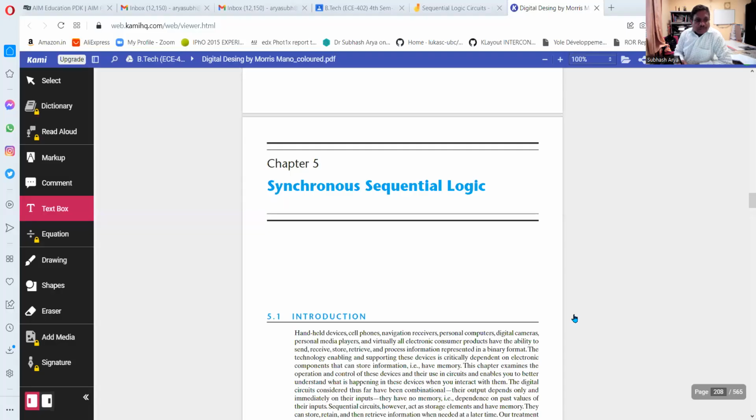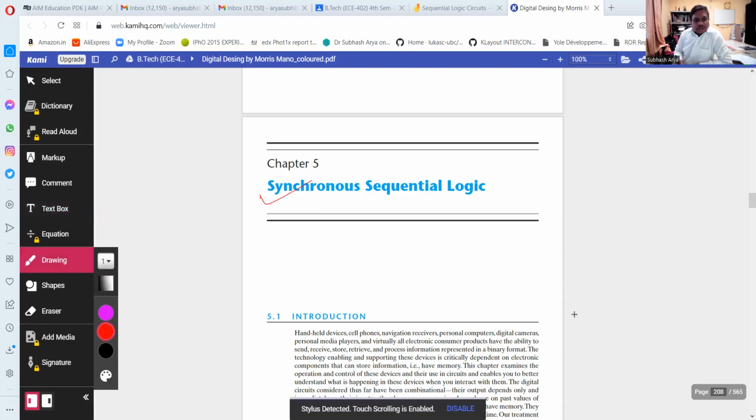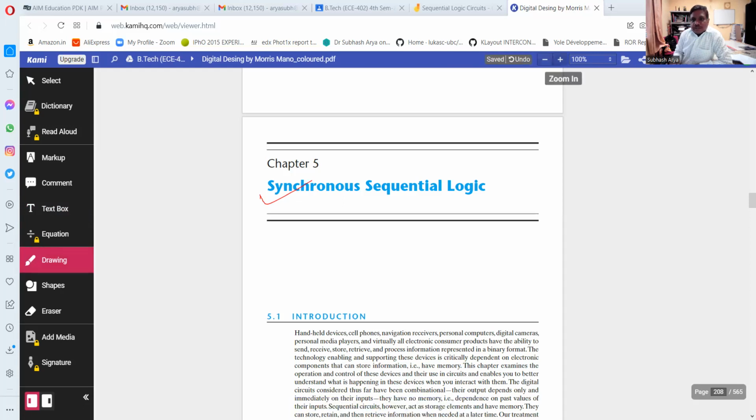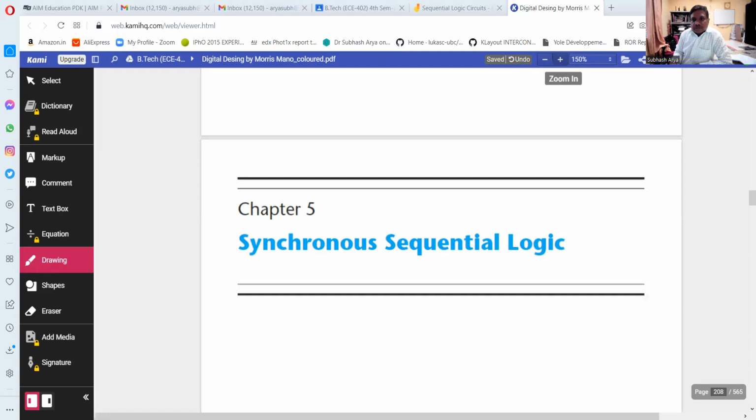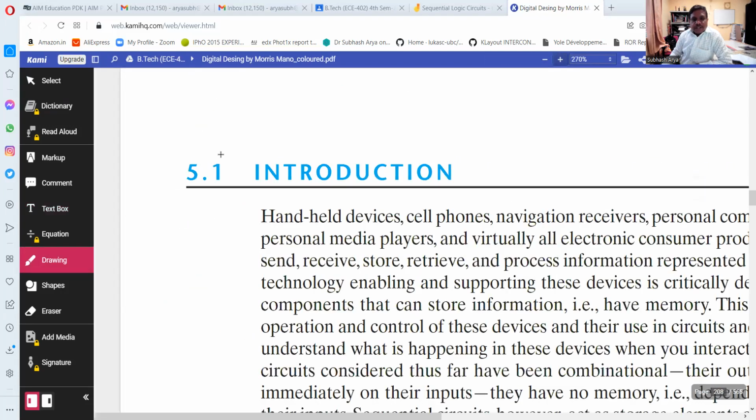Yeah, so this is chapter number 5, which is synchronous sequential logic circuit, more specifically, sequential logic circuit. So as you can see here,